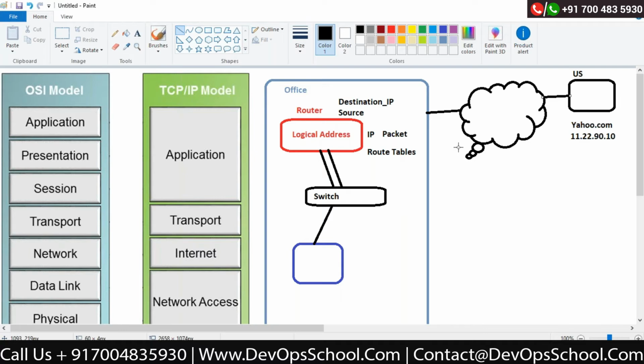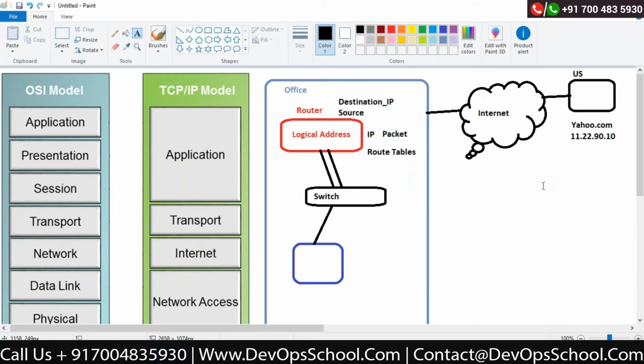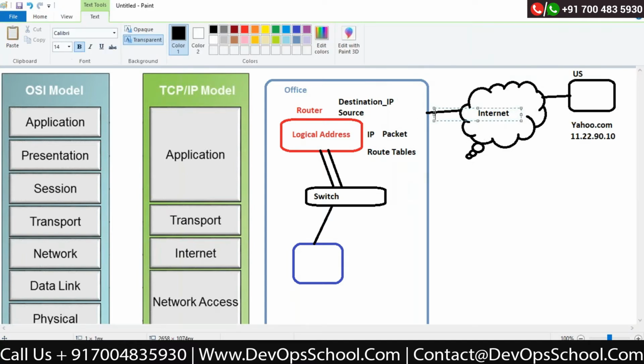That means what is the common point in both of you? The internet. What is the internet? The internet is a combination of many big networks together, which is widely open. Am I right? My router will only find the best possible route over this internet to reach yahoo.com. That's it.